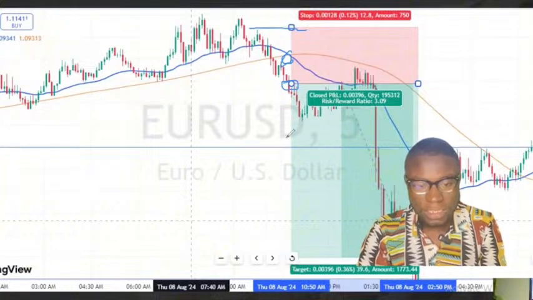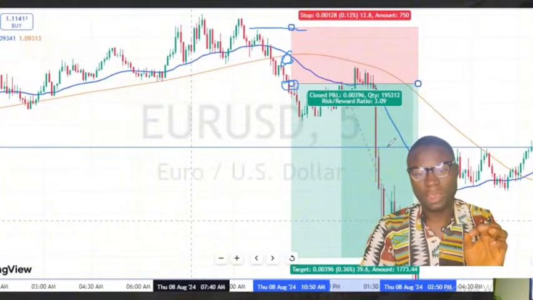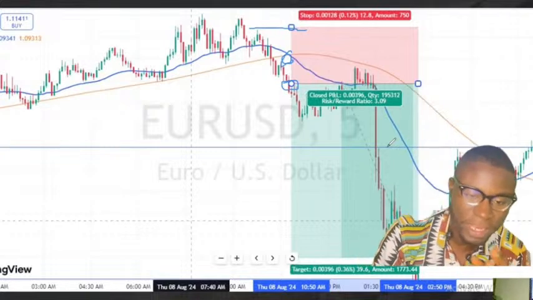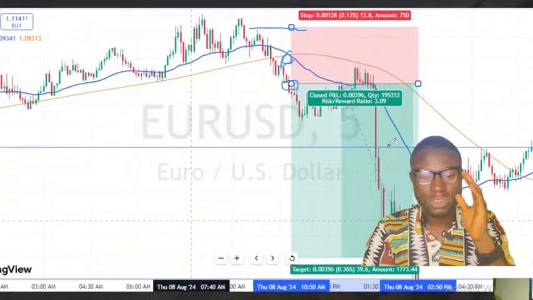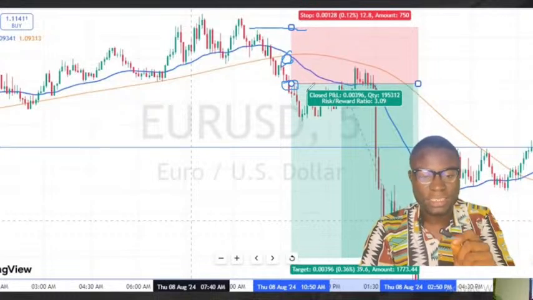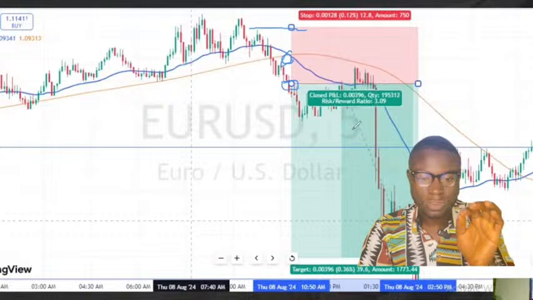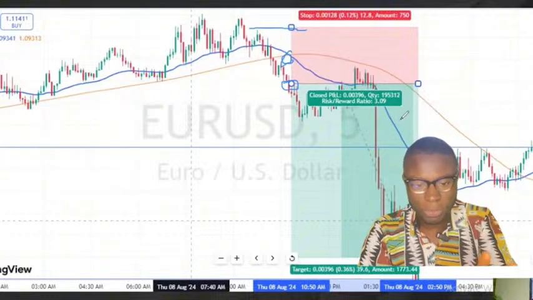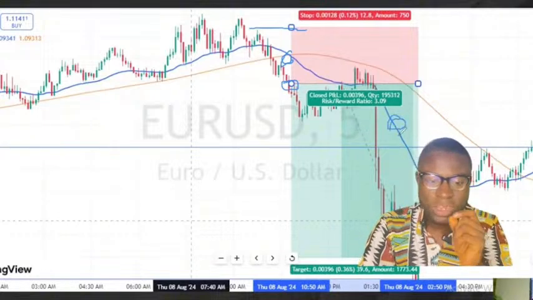Then your take profit must be a minimum of 1:2 risk reward ratio. Now there are two ways I take my profit in this. When price starts moving in my favor and has moved to an extent in my favor, I will start using the moving average,